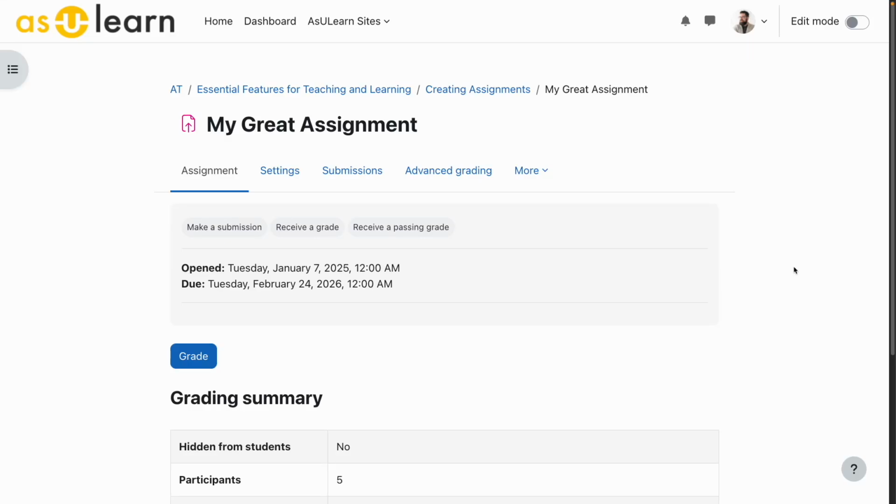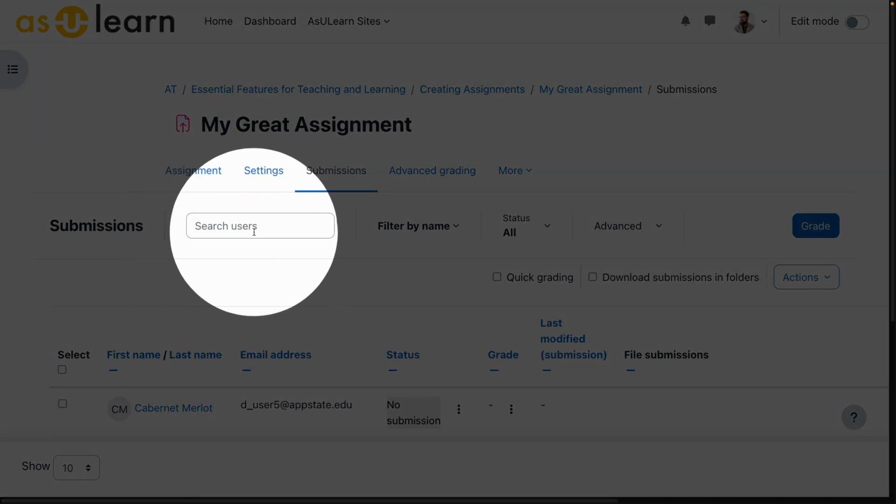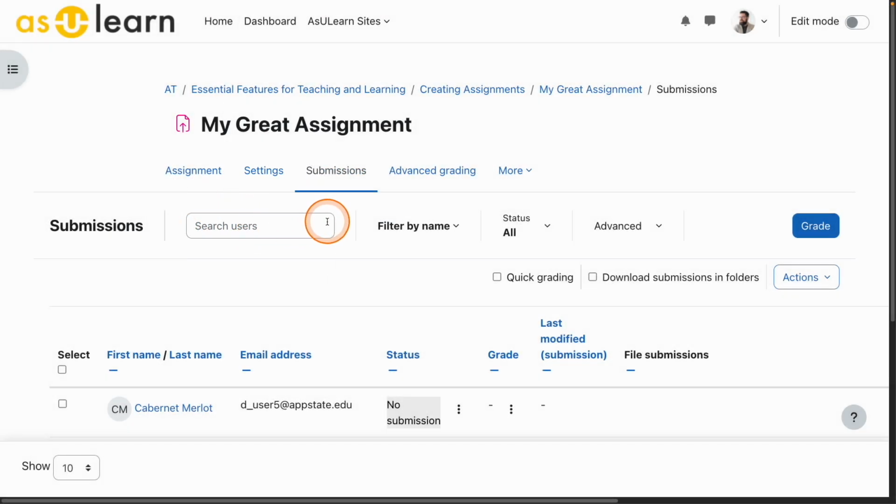There will be a fresh look to the submissions page within the assignment activity beginning this summer. These changes will bring the assignment submissions page more in line with the changes that you've seen to the gradebook over the past few years. As a starting point, you'll now have a search interface for finding users more quickly, and instead of screen space